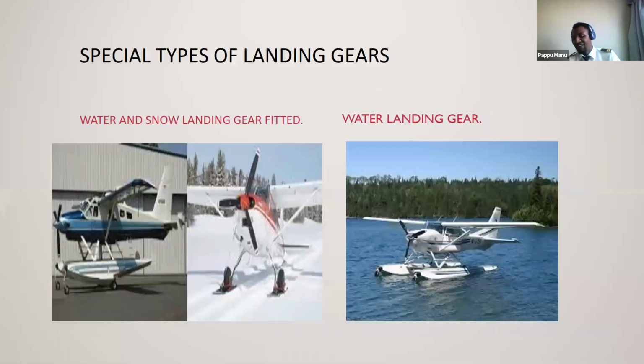Okay. And we just have different types of landing gears, or special types of landing gears, which are for water and snow, as you can see. These are the special types. So the landing gear, as previously said, has nothing to do with the aircraft. You can put a landing gear for snow on a Cessna, on a Piper, on a Boeing, on